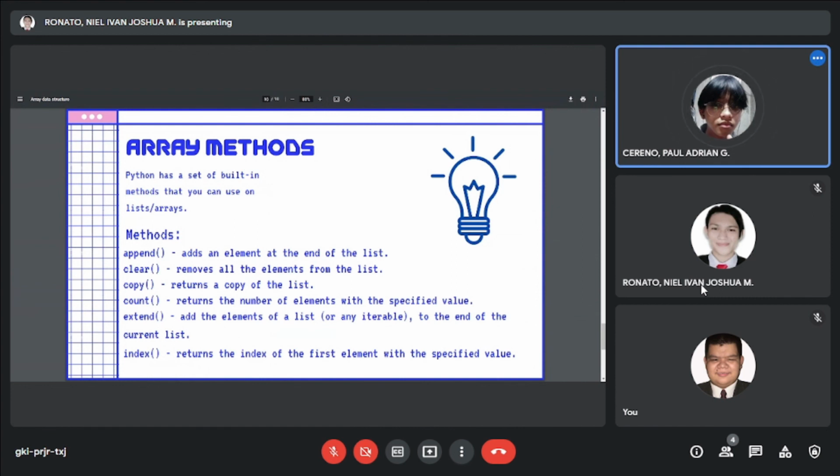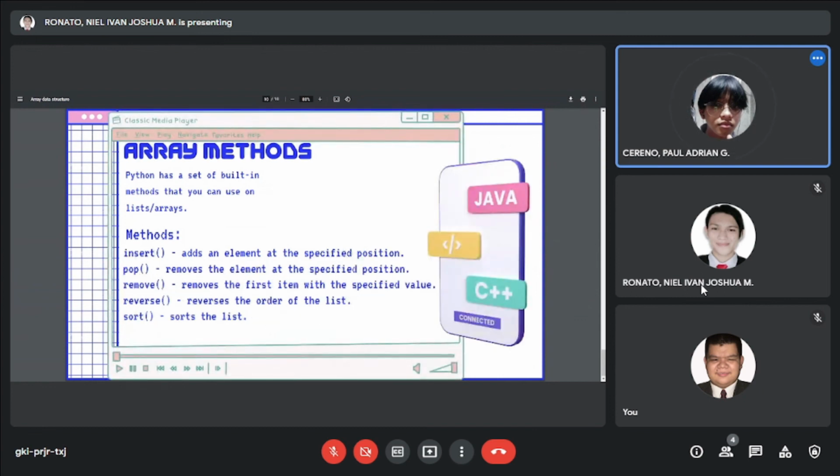returns the number of elements with the specified value. Tapos, insert to add elements at a specified na position. Remove, remove again, parehas lang. Reverse the order of the list and sort